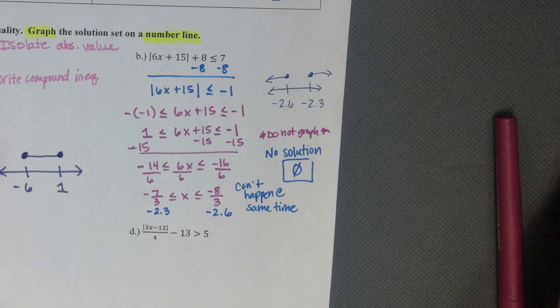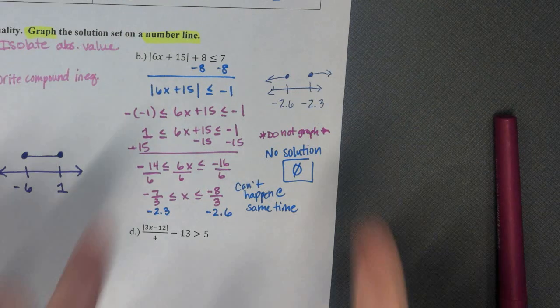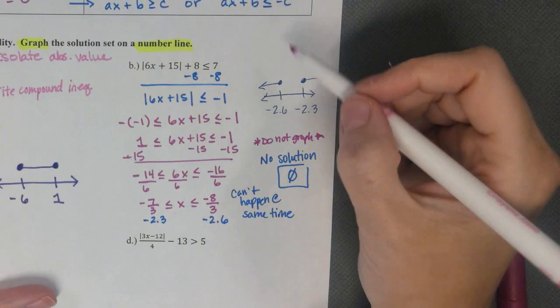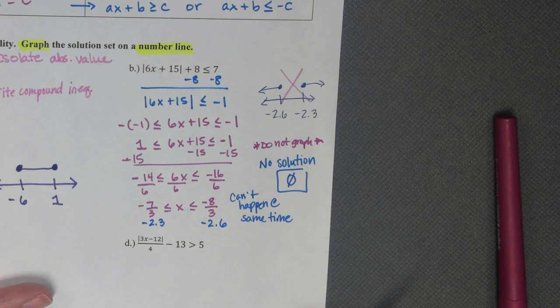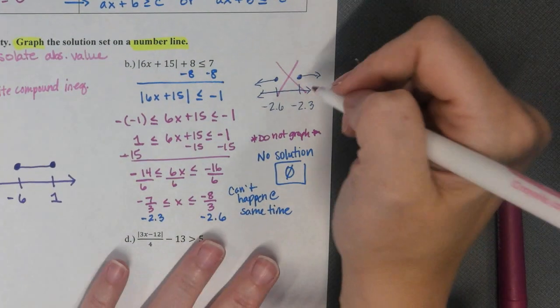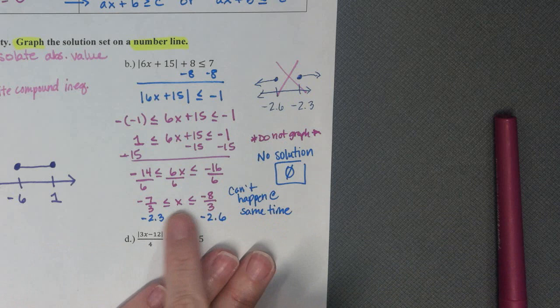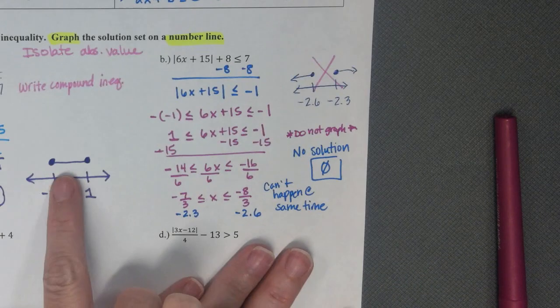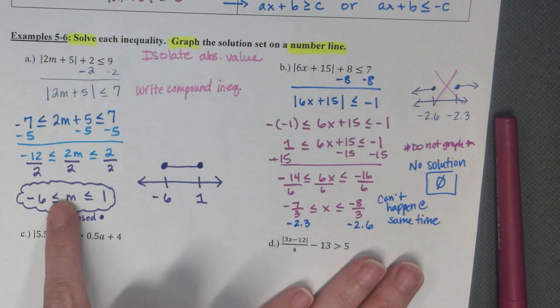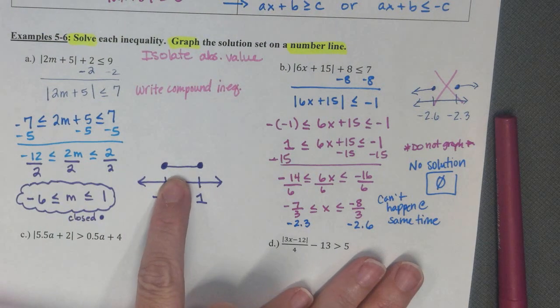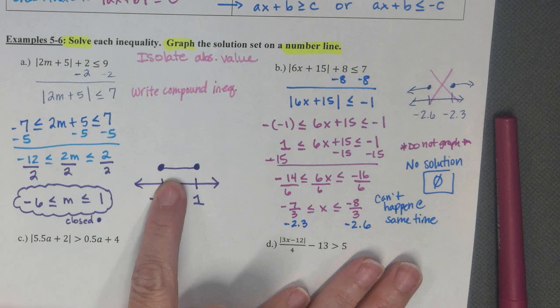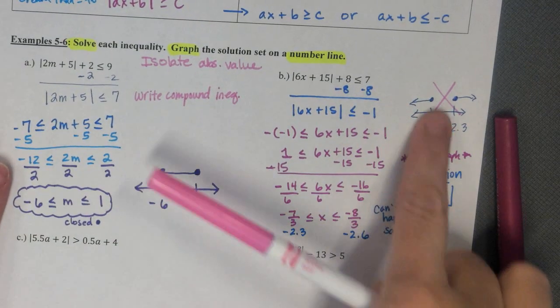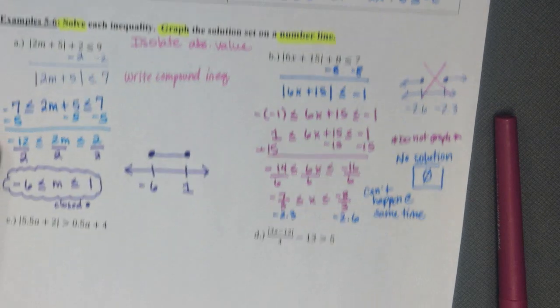So you can't have these going in opposite directions for the "and" situation. Every compound inequality that has the "and" will look like this. You can only have graphs that look like this if you have the "or",